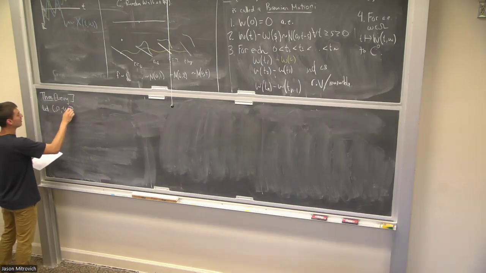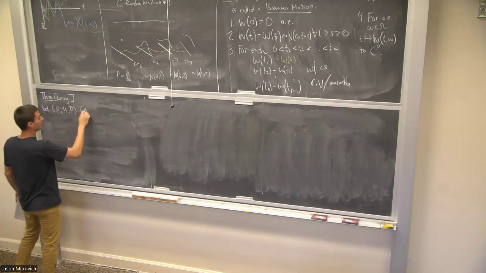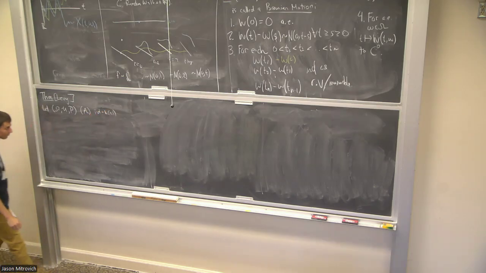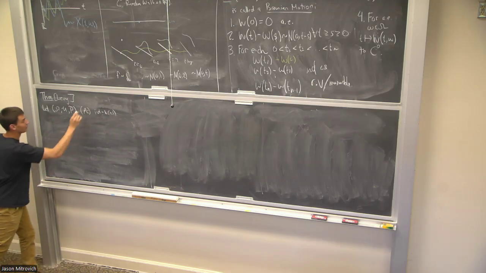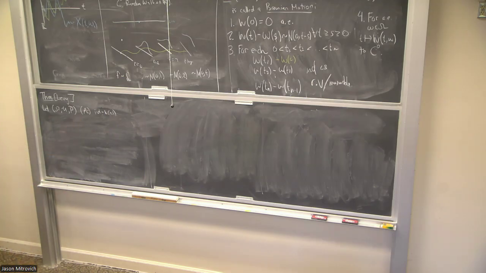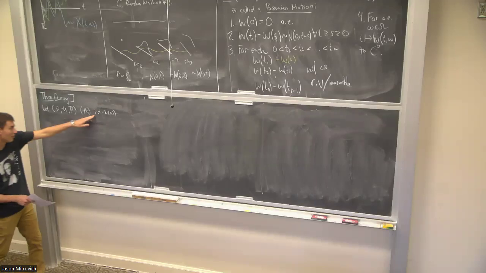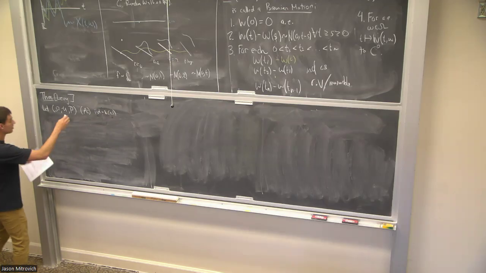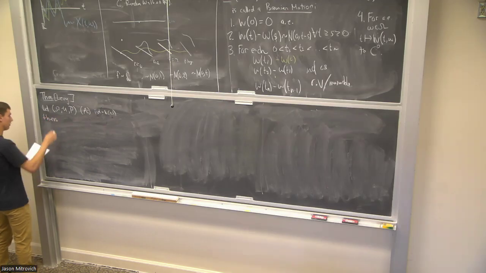Let (Omega, F, P) be our probability space, and we take a sequence of IID N(0,1) distributed random variables. Again, identically distributed means that all of them have the same distribution function. They're independent of each other, so the information from one doesn't affect the others, and they're all N(0,1) distributed. So this is an assumption: assume we have such a collection. Then we can construct a one-dimensional